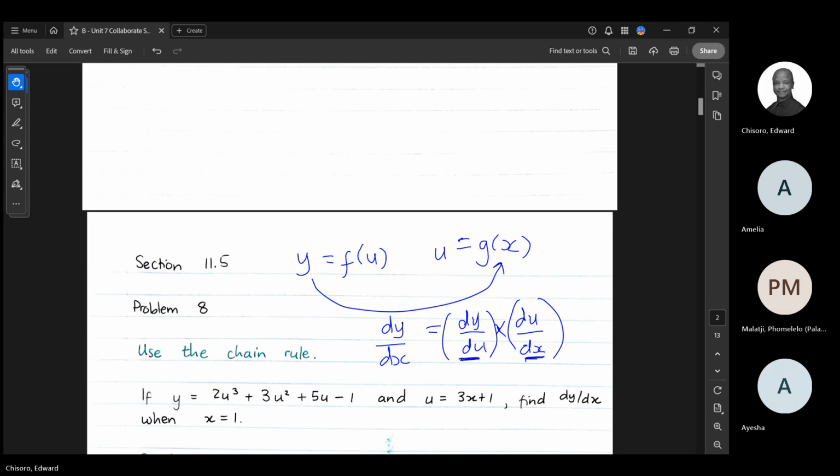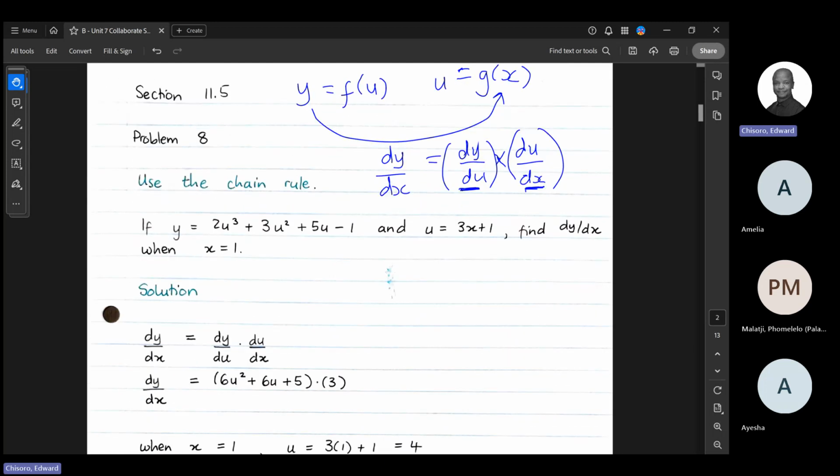multiply the two. All right, so dy/du is just differentiating y with respect to u. So this would be 3 times 2, that's 6u. 3 minus 1 is 2, so 6u to the power 2, and then 6u to the power 1 plus 5, and that's what we have there. And then if we differentiate u with respect to x, we'll have 3 times 1, so that's just that. Okay, and then you multiply the 2, and then you will have dy/dx, but now we have it in